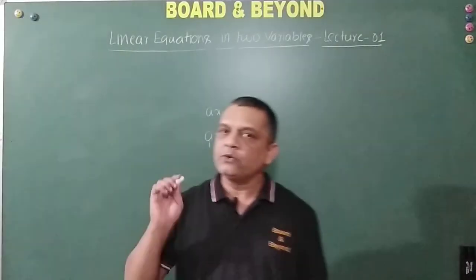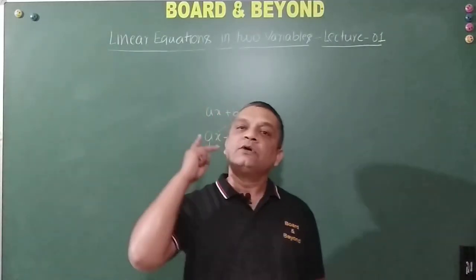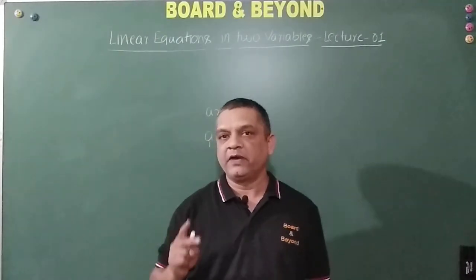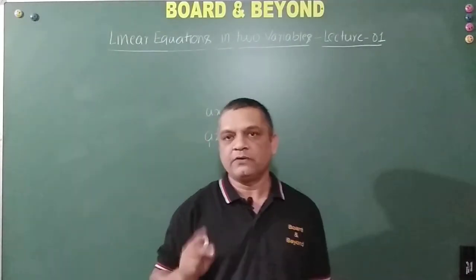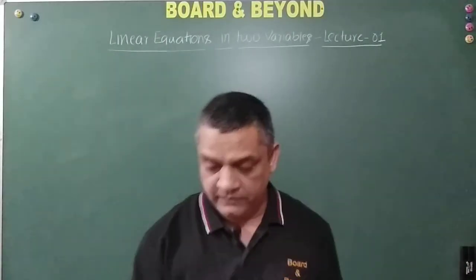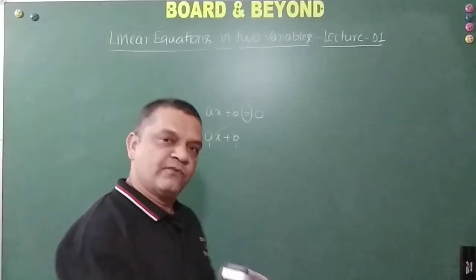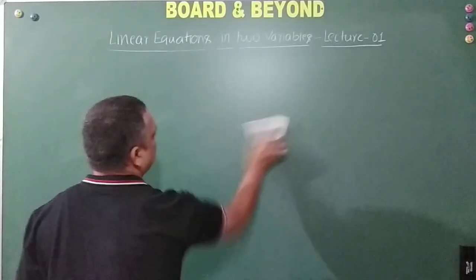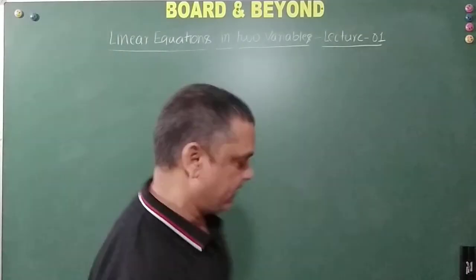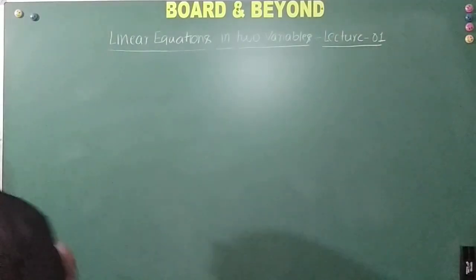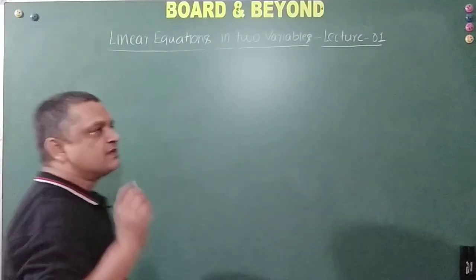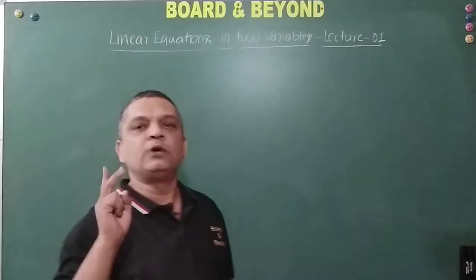Now what we are going to study here is that we will have two variables. We will not have one variable. So when we are solving it, we are expected to find the values of x and y both. Right friends? So with this understanding, let us move forward and try to understand a little bit more before we actually get on to the problems. We will first see the generic form of a linear equation in two variables.